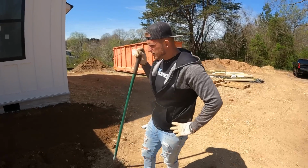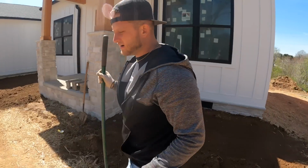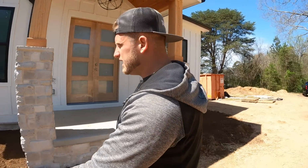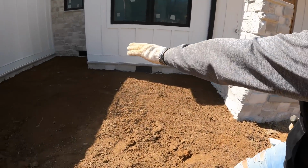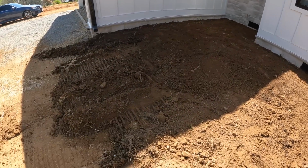All right, y'all, so basically got the other side done real quick, so we'll show you over here. If you check this out, it's not completely finished, but for the most part I need to kind of get some of this knocked down a little bit. So I got the skid steer still running. It's kind of hard to start that sucker up if you've been watching, but as you can see, all the water, everything, if there's any water that ever falls here from the rain, it'll kind of flow down this way,